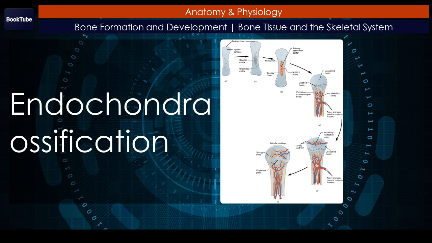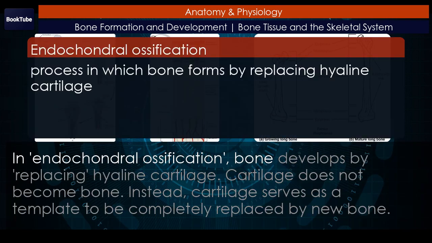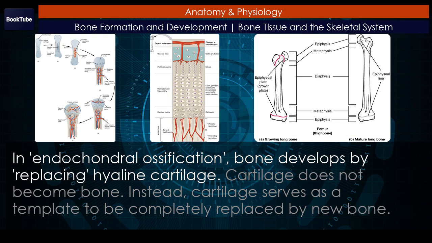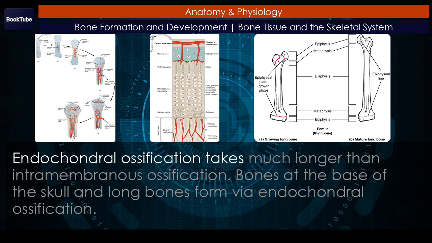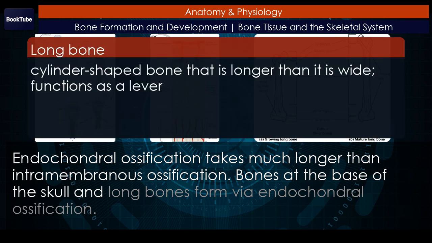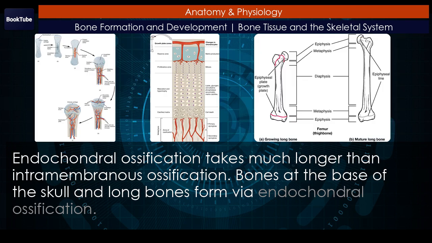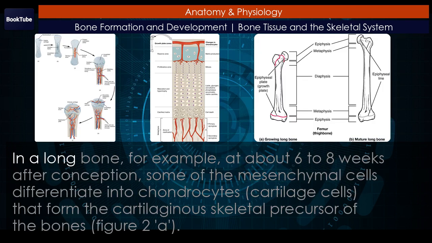Endochondral ossification. In endochondral ossification, bone develops by replacing hyaline cartilage. Cartilage does not become bone. Instead, cartilage serves as a template to be completely replaced by new bone. Endochondral ossification takes much longer than intramembranous ossification. Bones at the base of the skull and long bones form via endochondral ossification. In a long bone, for example, at about 6 to 8 weeks after conception, some of the mesenchymal